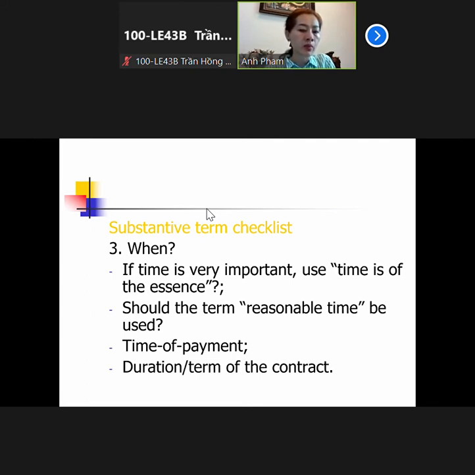Now, I can take an example. When a party wants to buy a contract for sale of commodities for Christmas, and every year there's only one day for Christmas, and if they want to sell something for Christmas decoration, they need to sell that around 1 month before Christmas, or at least 1 week before Christmas, right? And if the person who sells the products to you for resale delivers that product after the 24th of December, you cannot sell it to anyone else. That's no use. That's nonsense,